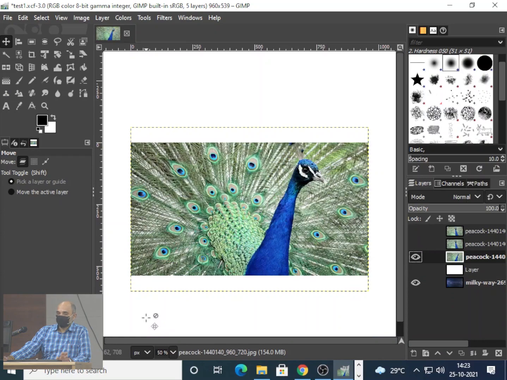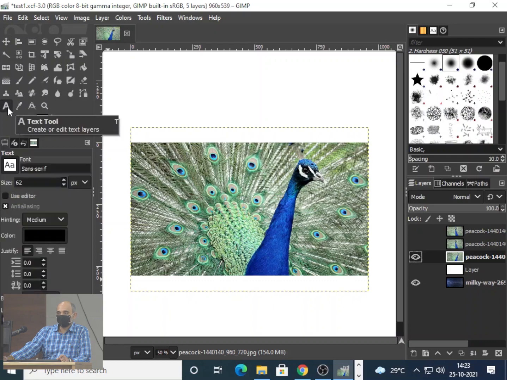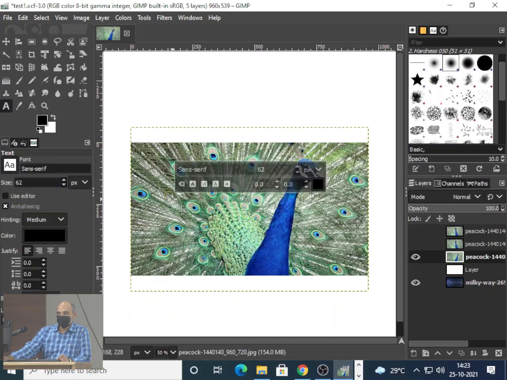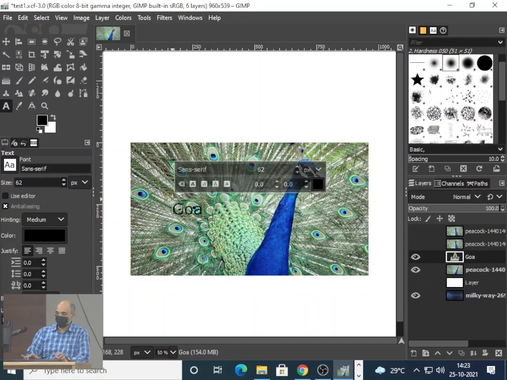Okay, so step 1. What is step 1? Select the text, click and type the text. Now you can do it along with me. I am making it bold and I am increasing the size also.